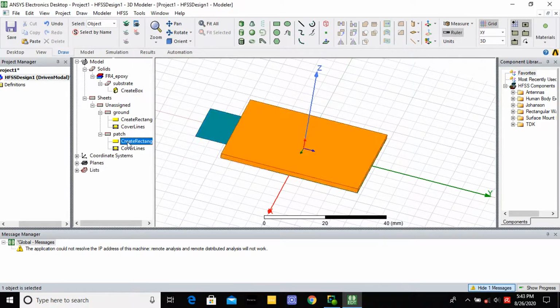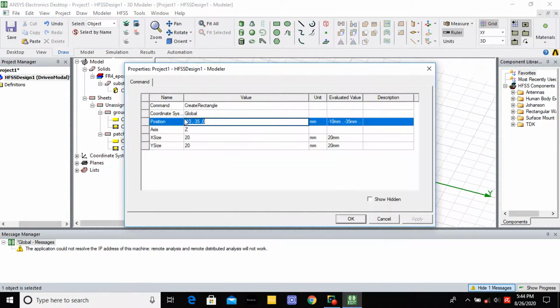Now I am going to give the length and width of the patch. Minus 29 by 2. Why am I giving minus? Because I am drawing from the third quadrant to positive. So I am giving both the length and width as minus 29 by 2 and minus 38 by 2.